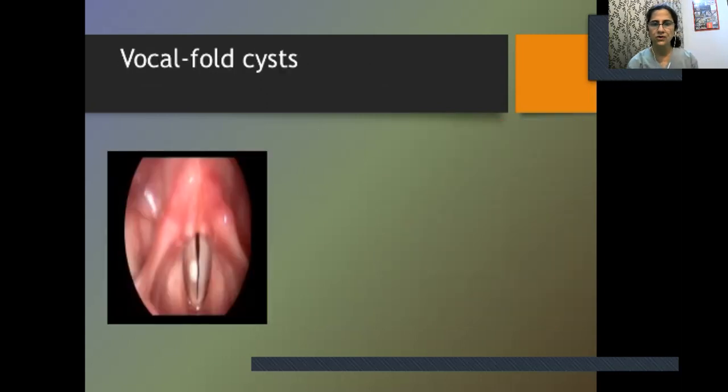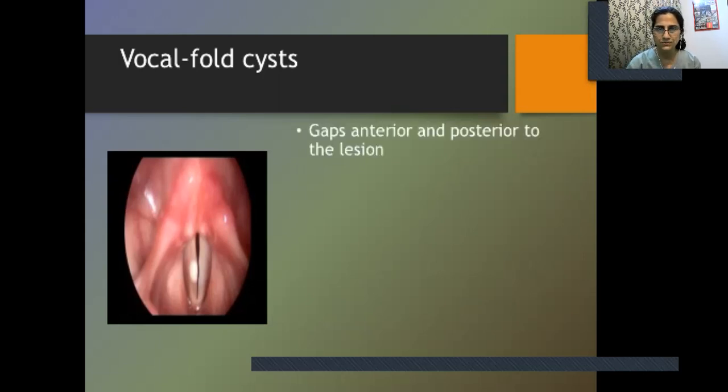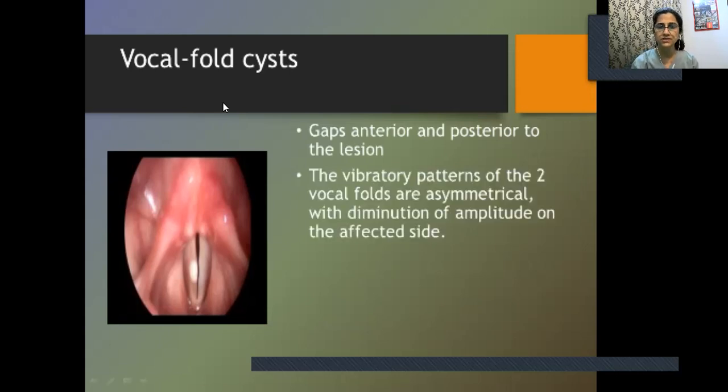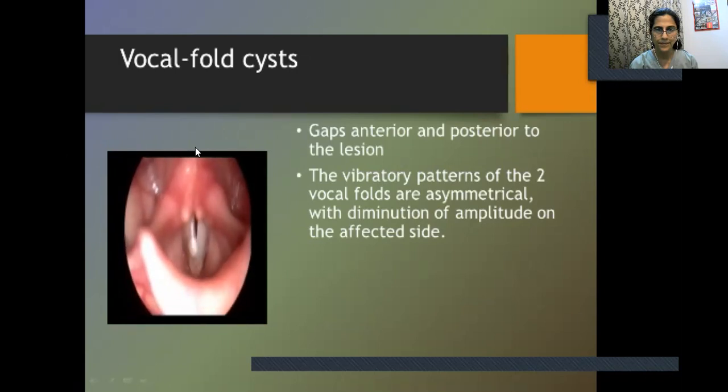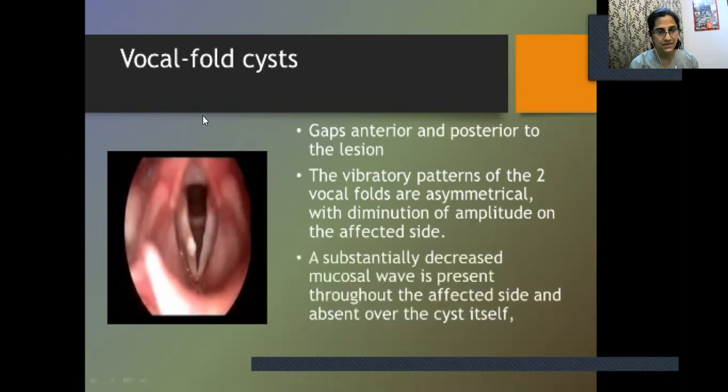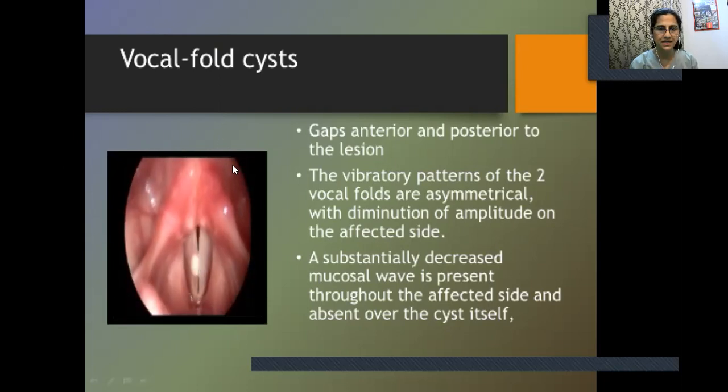Let us see typical patterns of vibration of the routine lesions that we see. Vocal fold cysts: you see anterior and posterior gaps, anterior and posterior to the lesion. The vibratory patterns of the two vocal folds are asymmetrical, and you can see a diminution in amplitude on the affected side. There is decrease in the mucosal wave, sometimes absent mucosal wave,